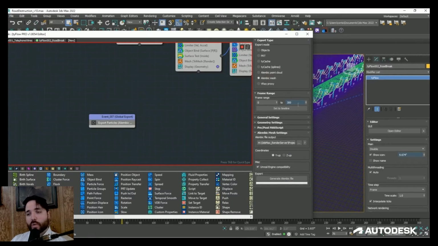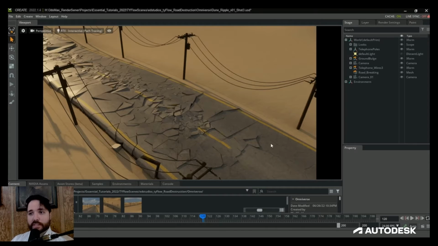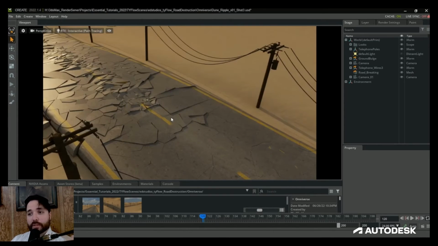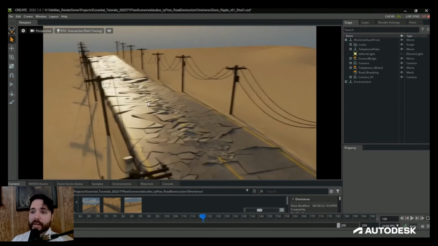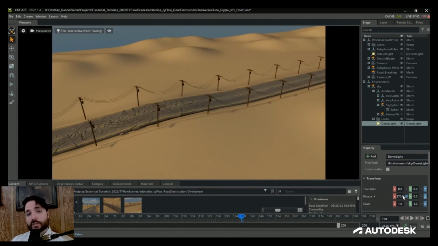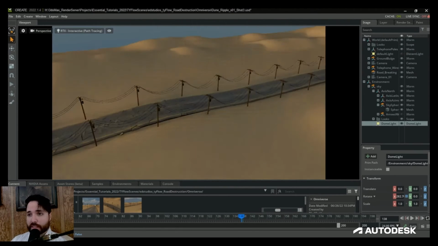The last piece was the fractured road mesh. Now to export it, I went into TyFlow, and once again, using the export particles operator, I exported the particles as an Alembic mesh, making sure to leave it in the Y-up configuration again. And that was it. That was all I had to do to export all the pieces for my scene.